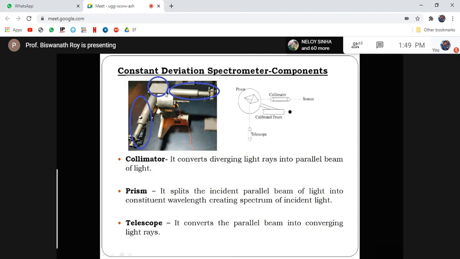So this is the direction of the incoming beam, and this is the direction of the refracted beam. So you know how we can calculate the deviation. The deviation is always constant, 90 degrees. With the help of the calibrated drum, there is a drum here, we can rotate the prism, and accordingly a color is selected at the middle of the telescope field of view. And when any color is at the middle of the telescope axis, then from the instrument,